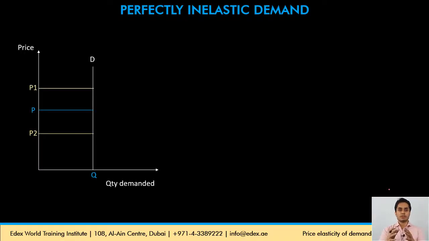If I have to show this on the graph, this would be my graph for a perfectly inelastic demand curve. The y-axis will obviously be price and the x-axis quantity demanded, that we've seen in our demand lesson. The demand curve is a vertical line because no matter what the price is, if the current price is P, the quantity demanded is Q. If the price goes up to P1, consumers are still demanding Q. If the price goes down to P2, consumers are still demanding Q. So this is a graph that would represent a perfectly inelastic demand for a product.